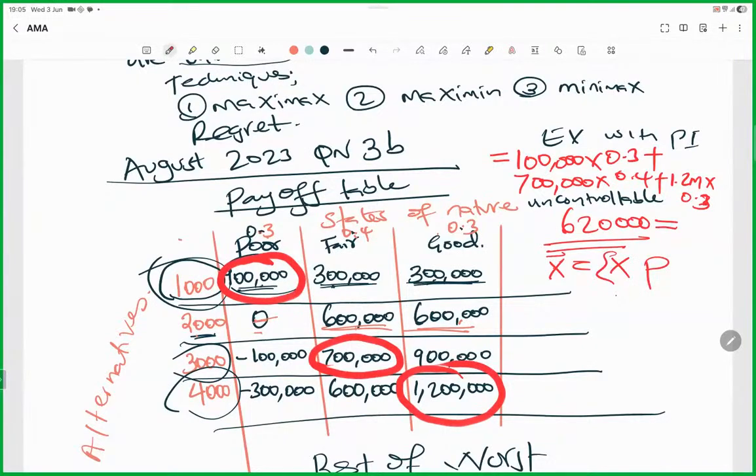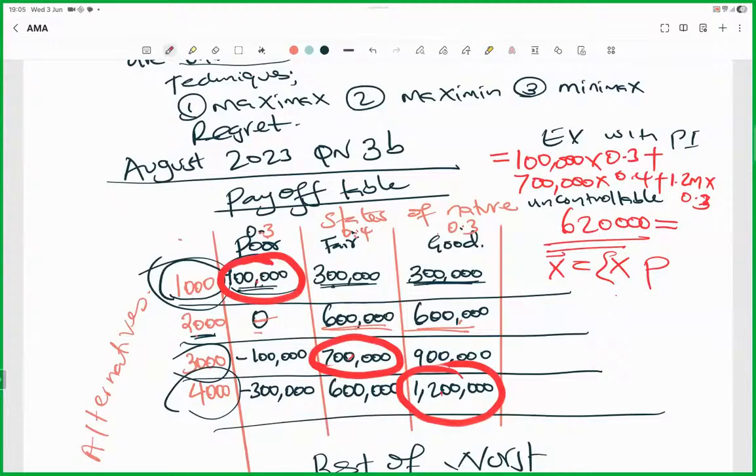You sum. So we took these 100,000 times 0.2, plus 700,000 times 0.4, plus 1.2 million times what here? Times 0.3. A very good question there. Why should you add instead of working with